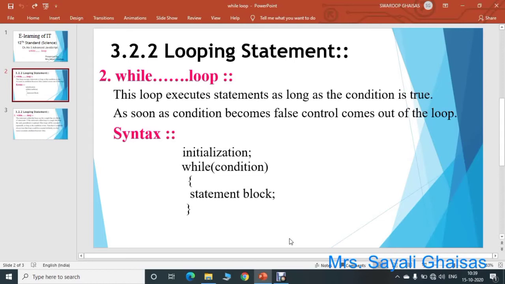The condition can be anything like i equal to 10, i greater than 10, i less than 10, or less than or equal to, greater than or equal to. Any kind of condition you can specify here. Then within a set of curly brackets, you declare the statement block, that is, the statements which you want to get executed whenever the condition is true. After that statement block, we have to specify an iteration, that is, either increment the loop value or decrement the loop value. This is the syntax of the while loop.